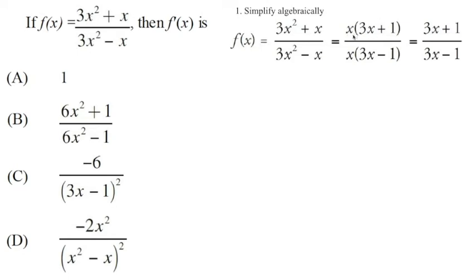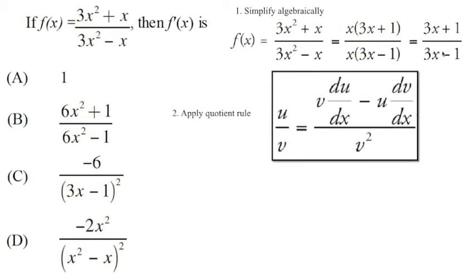X times 3x is 3x squared, x times 1 is x, times 3x again, 3x squared, x times -1, negative x. But we can cancel these out, since x divided by x equals 1, so we can remove those from the situation here. And we get a new rational expression to which we can apply the quotient rule, which says